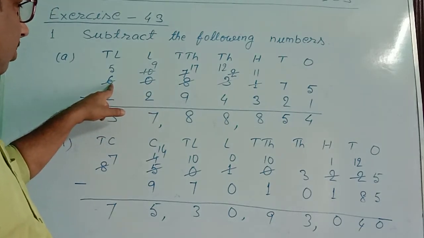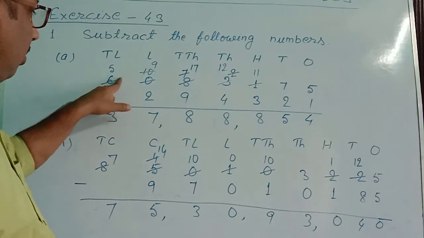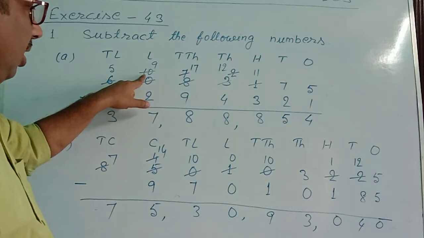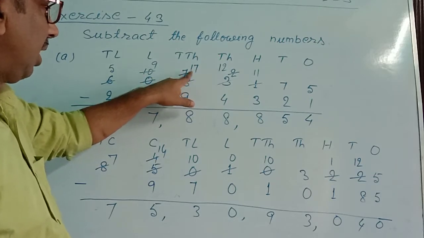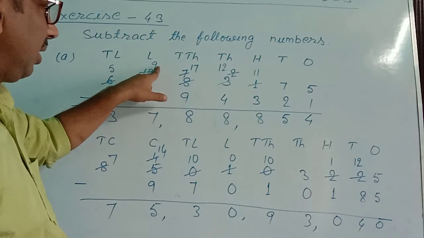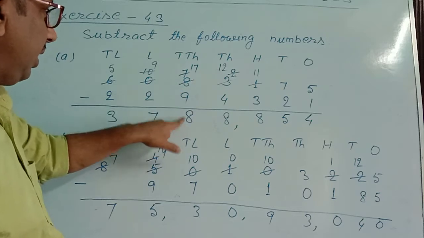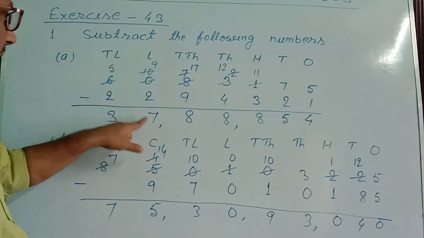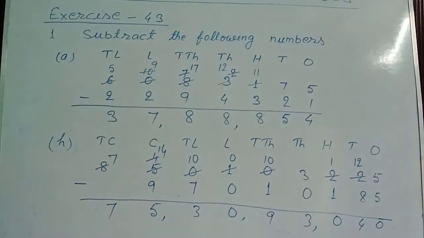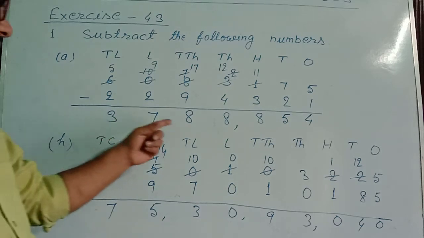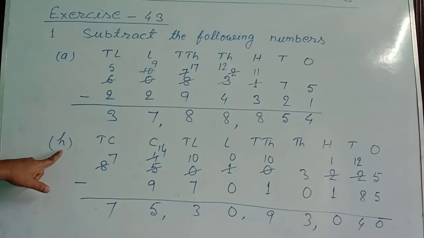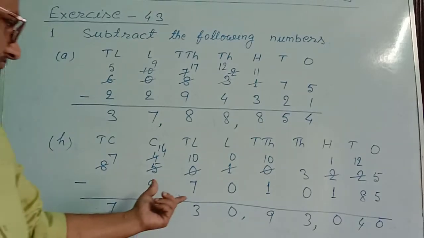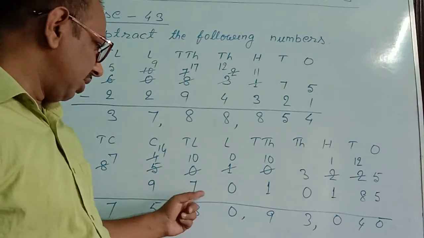If you take 1 from here, here 5 is left. And that 1 will come here, 10. From 10 we will take 1. It will be 17. And when you take 1 from 10, you have 9. So 17 minus 9, 8. Here 9, 9 minus 2, 7. And 5 minus 2, 3. In this way, the answer became 37,88,854. Part H, we are asked to subtract 9 crore